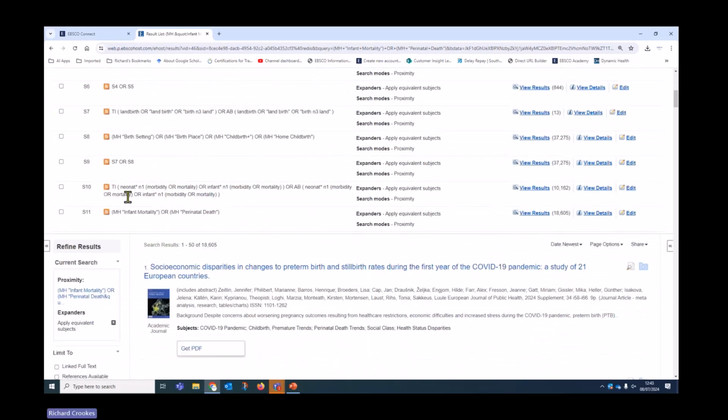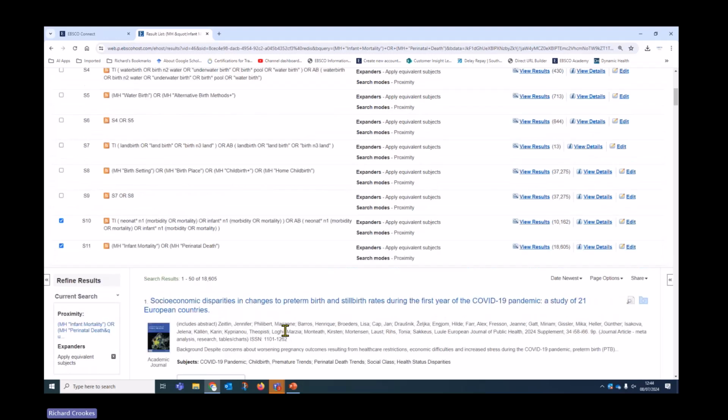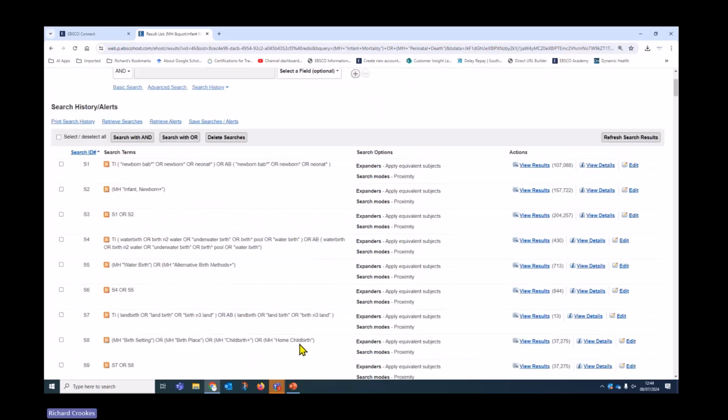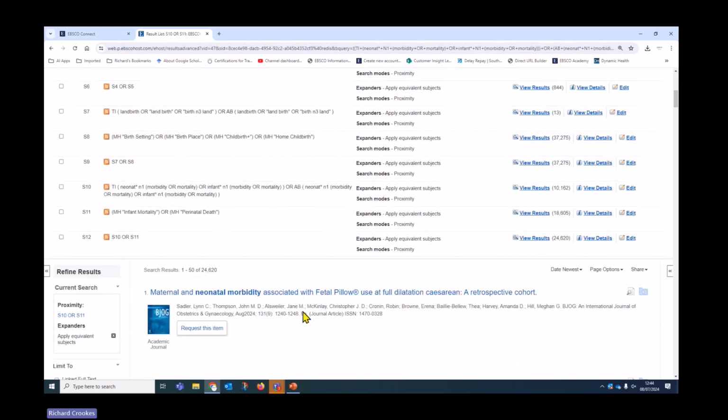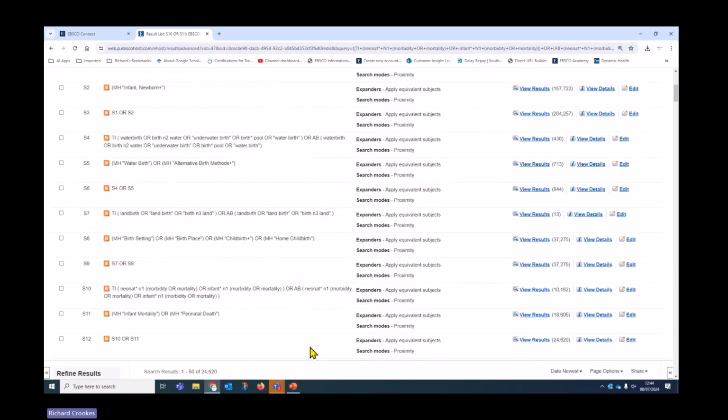Scroll down and then combine S10 with S11, which is the final part of PICO, the outcome element of PICO, in relation to the risk of neonatal death, mortality, etc. Then we can combine with OR. So at this stage, we've completed all elements of PICO with a combination of title abstract